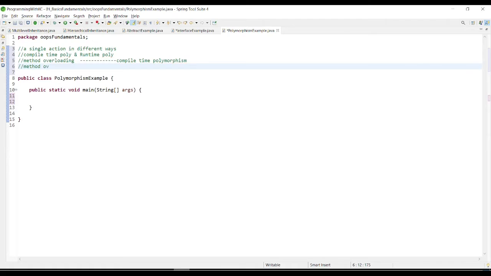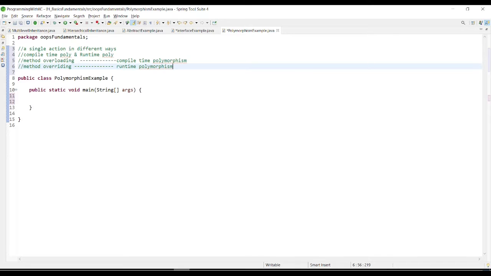So what is overriding over here? Method overriding is basically runtime polymorphism. All right, so now you know that it is a single action in different ways, and compile time polymorphism and runtime polymorphism are the two types.